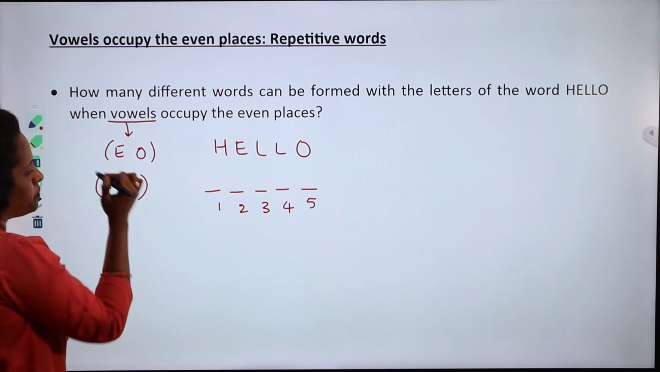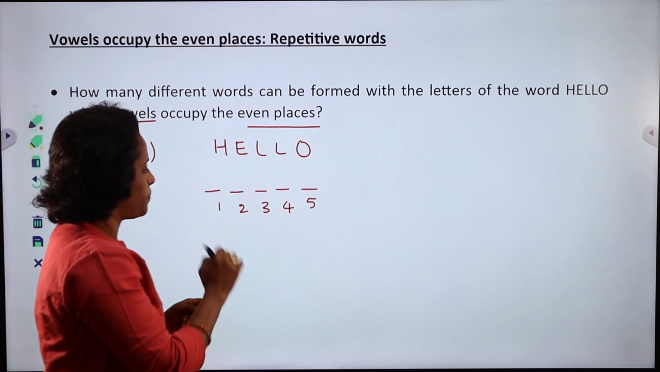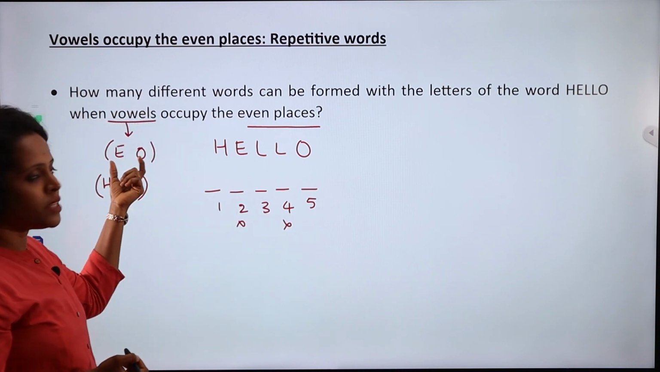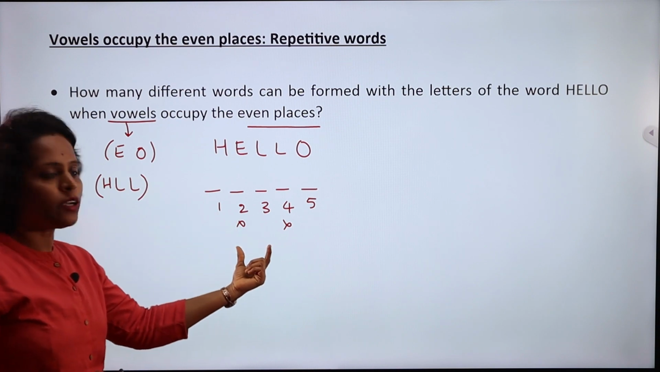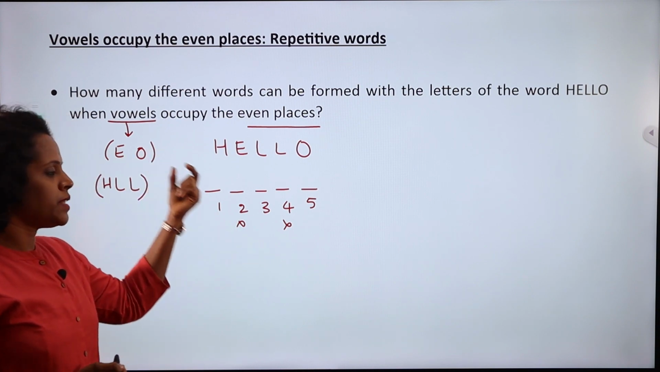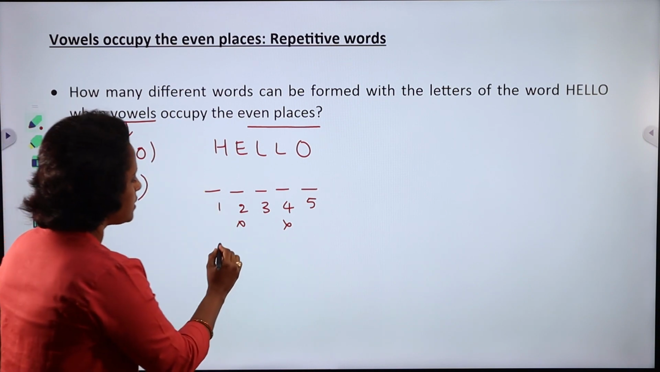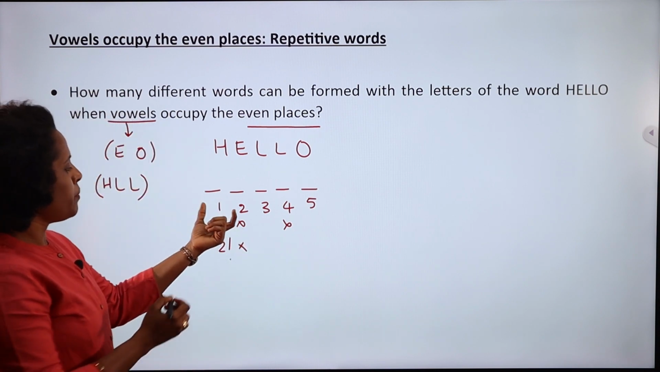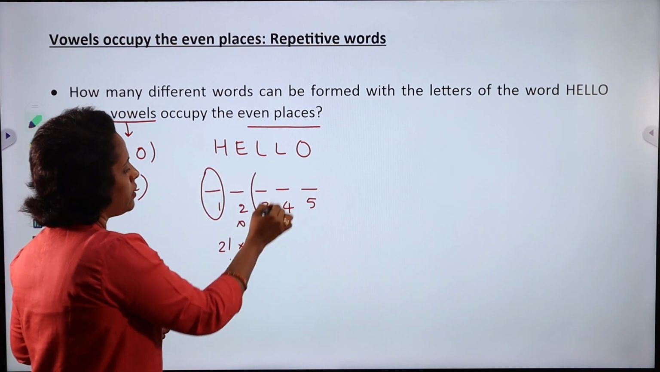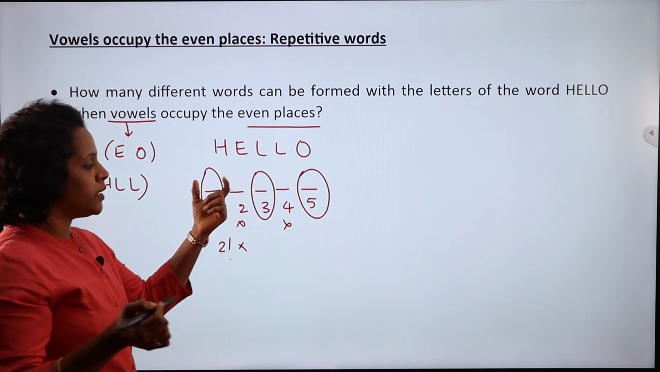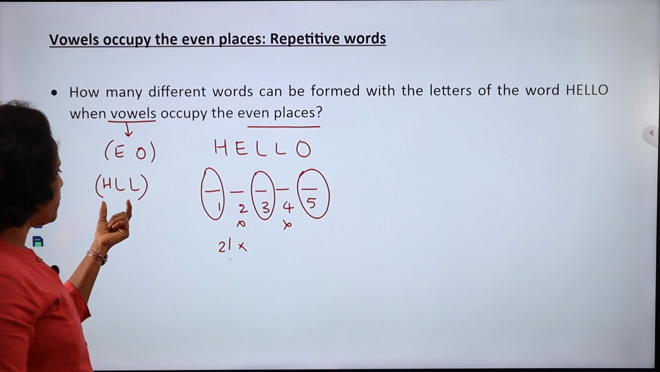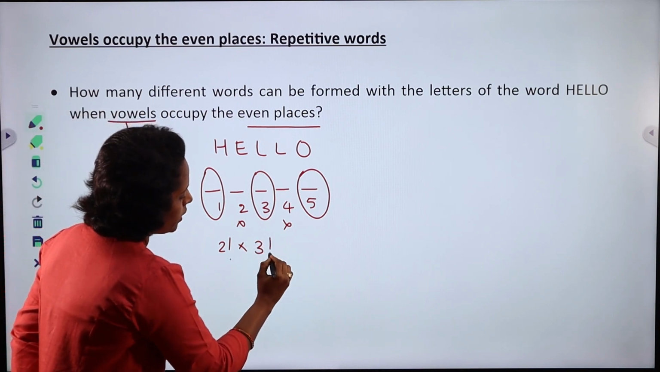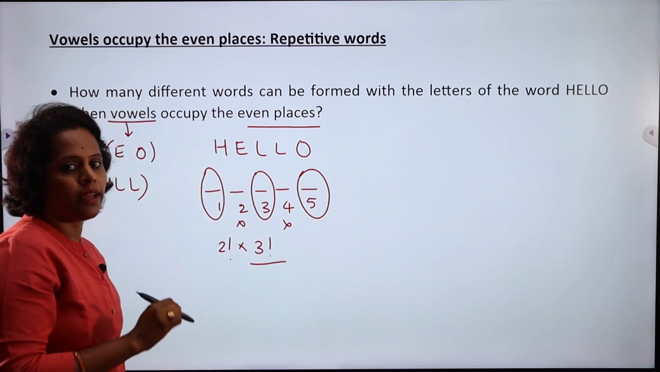What are the remaining letters? H, L, L. Even places. What are the even places? 2 and 4. How many vowels do we have? 2 vowels and 2 places. So 2 vowels can be placed in 2 places in 2 factorial ways. Into the remaining odd positions 1, 3 and 5, the 3 odd positions can be filled by 3 consonants in 3 factorial ways divided by